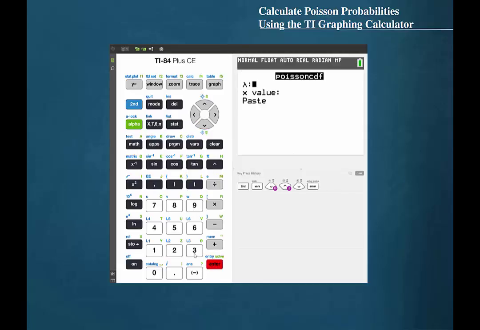Press enter. Again, enter lambda, which was 6.7. We were to find the probability that there would be 0 or 1 or 2 occurrences. So our X value will be 2. Cursor down to highlight paste and press enter. Again, if you are using a version of the TI graphing calculator that does not present a wizard, you will need to place the values in the correct order, which will first be the mean and then the value of X. Press enter, and we find this probability to be